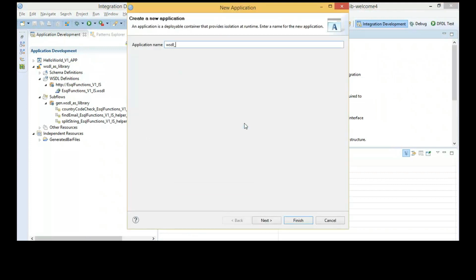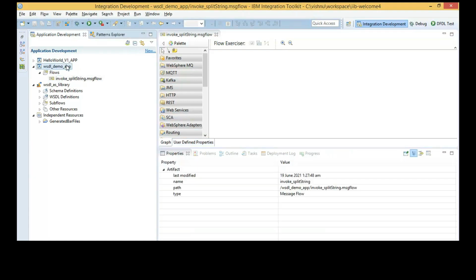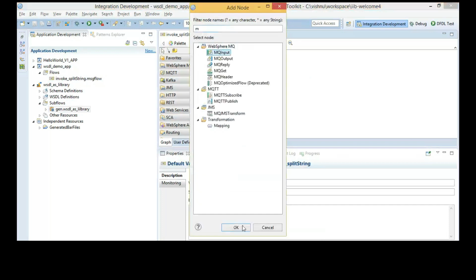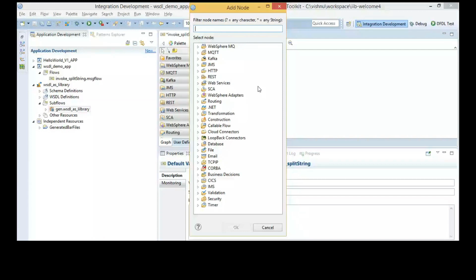Let's create a demo application. Our use case with this demo application is that there are multiple applications that want to make use of this WSDL, that SOAP operation, but we want to have as much code as possible in a library so that we reduce code duplication and make the configuration and development process easy for the developer.